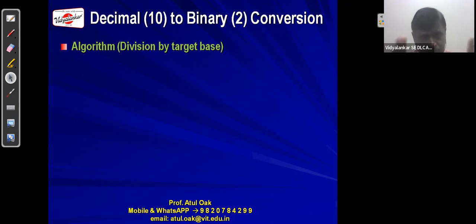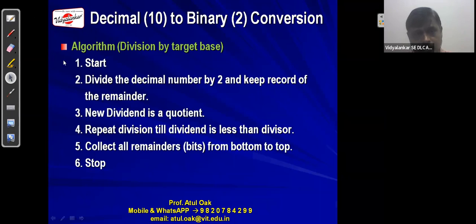So focus max. What we do, we start the conversion. Okay, you know how to write an algorithm. This is an algorithm for converting decimal to binary. We start,